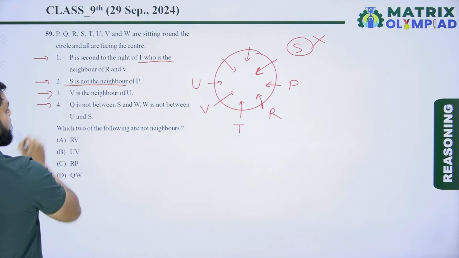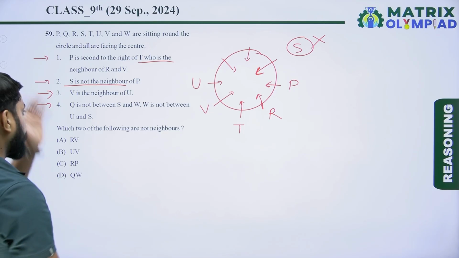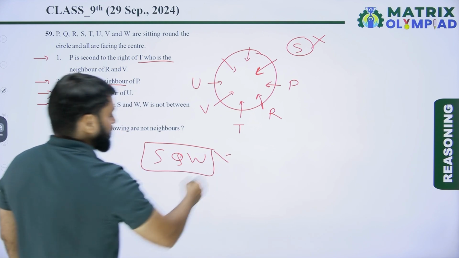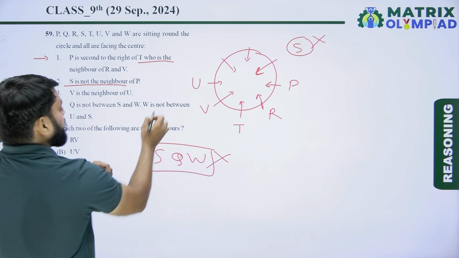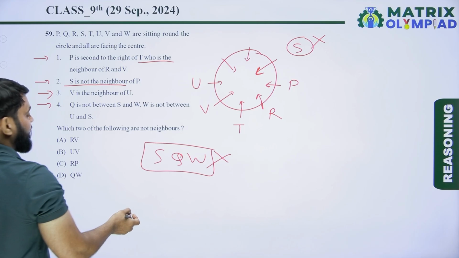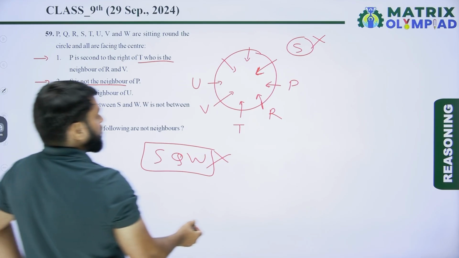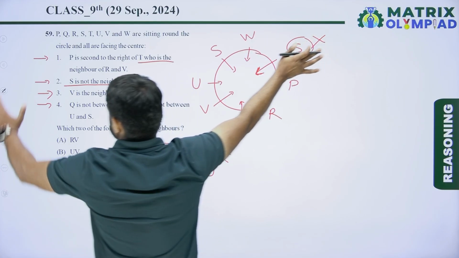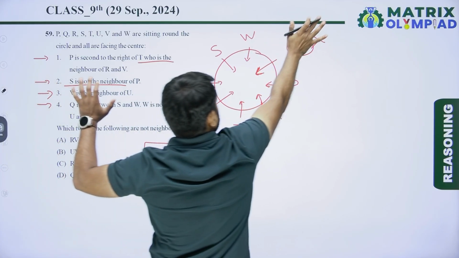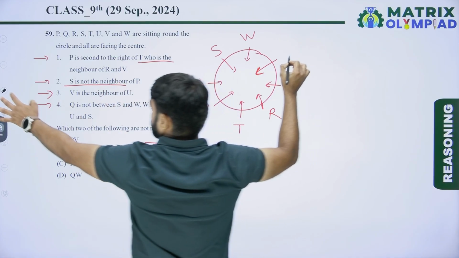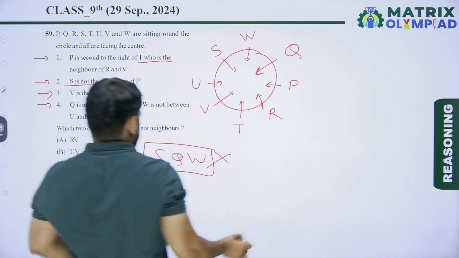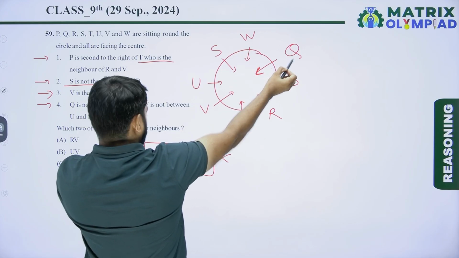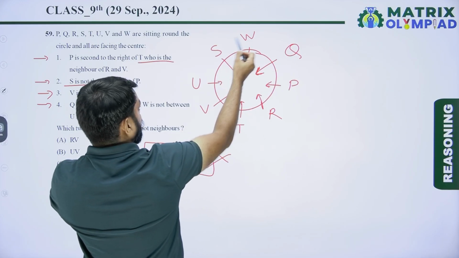Next, Q is not between S and W. W is not between U and S. So here is S, then here is W. Now here is Q. So the condition is Q is not between S and W. Now W is not between